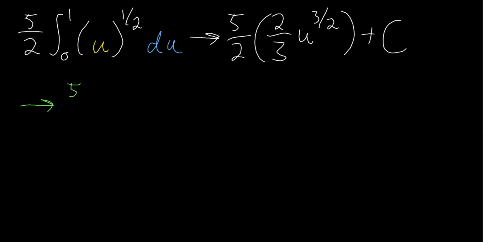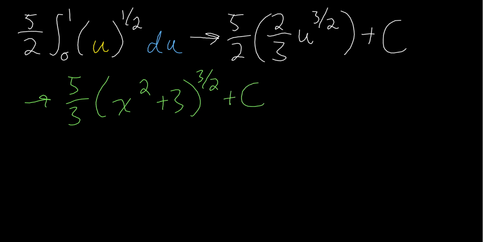So we're going to say 5/2 times 2. Oh, that's easy. Okay, so 5/2 times 2/3. Sorry about that. Getting a little ahead of myself. I know that 5/2 times 2/3 u to the 3/2. Well, this 5/2 and 2/3 are going to multiply by one another. The 2's cancel, so I'm going to end up with a 5/3. Okay, so this becomes 5/3, and then my u was x squared plus 3, so x squared plus 3 raised to the 3/2